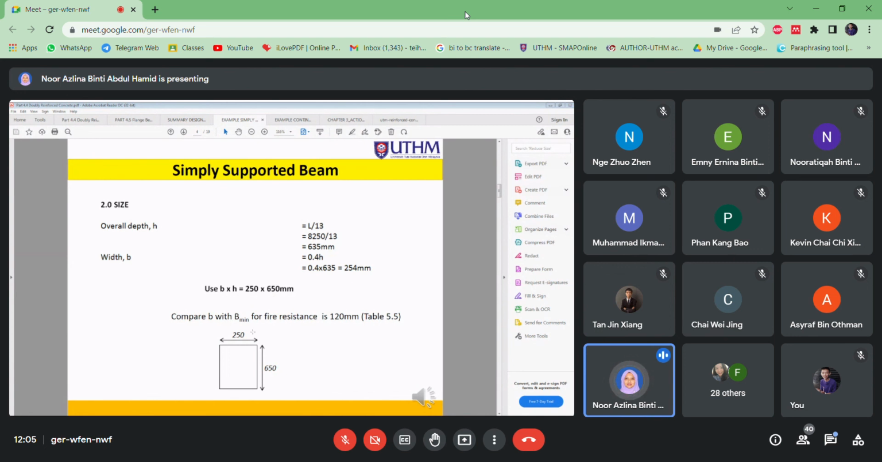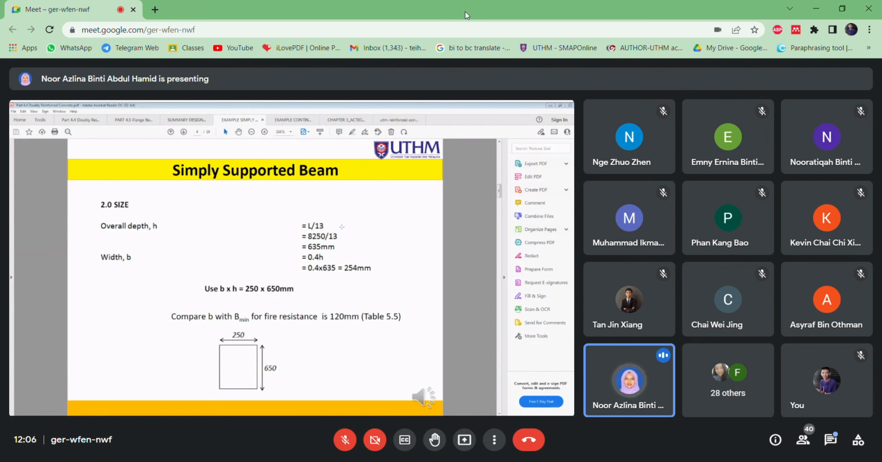Maksudnya it start from zero, you don't have any size here, but how to start it, which is you can use of this overall depth here. Overall depth here, which is H ni, which is L divided by 13. You can which is dia punya length berapa beam tu, divide by 13. Actually 13 ni it have a range actually. Okay, it have a range. It can be 14, 15, 16, but this is what is suggested by this